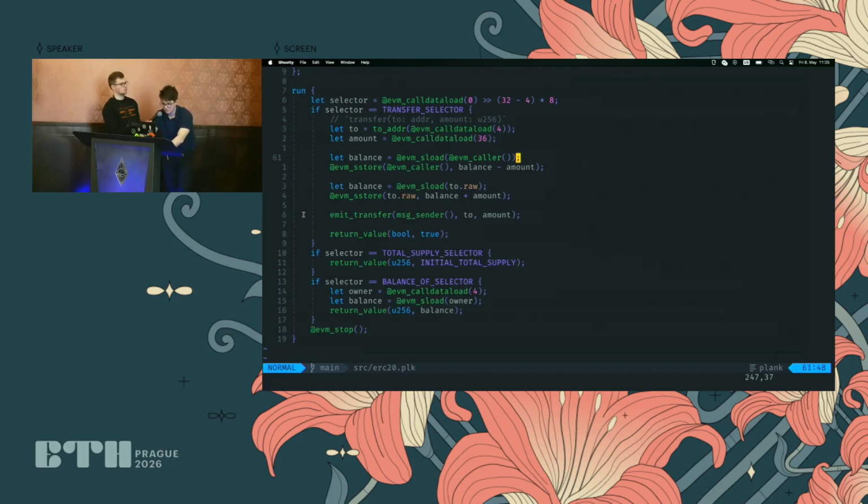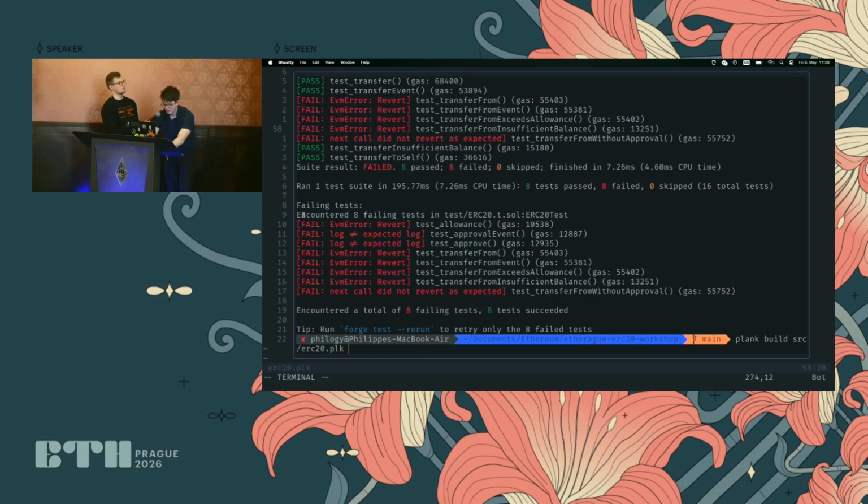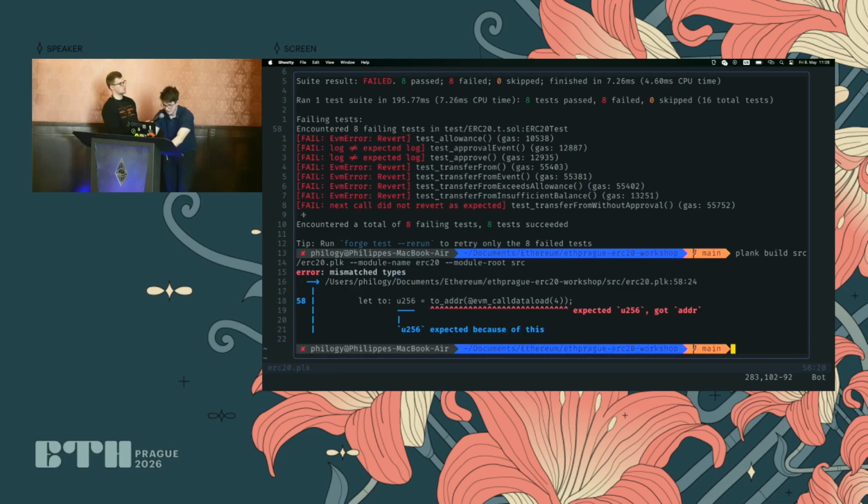And all this time I showed you that basically every time what I type in works. So let's also look at what it looks like when the compiler actually fails. So for example here, it's type inferred, but let's say we accidentally mix up types. And then we build our ERC20, and then we want to say that it's a module named ERC20 and that the root is source. So we'll get a type error. So this is roughly what the errors look like. I try to spend some time to make the errors look nice and also be helpful. But if you have any issues, feel free to raise an issue on the GitHub.